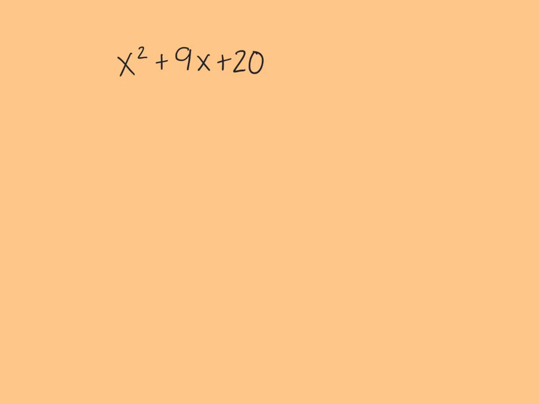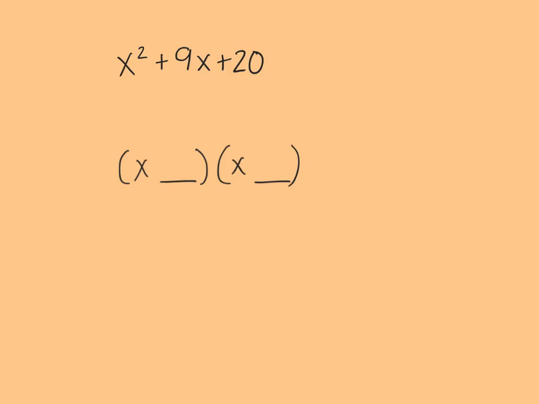Looking at this example here, the last term is the one that the two numbers inside the parentheses will multiply to, and the middle term is the one that they will add to. To factor this, we're going to get an answer today of two binomials multiplied by each other, an x plus or minus a number. So we're going to fill in the blanks, figuring out what two numbers multiply to get 20 and add to get 9. I think the best way to do this is to start off by thinking of what two numbers